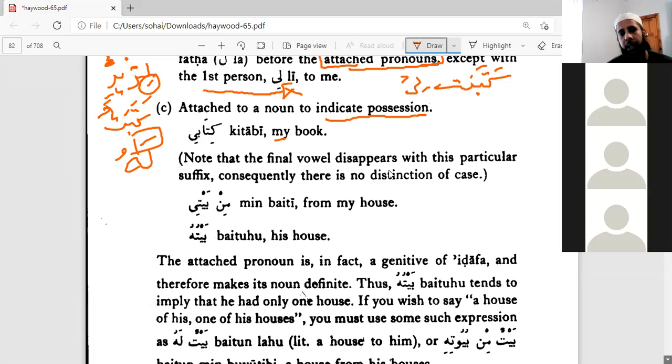Normally the ba would take dhamma, kitabu, because it is mudaf. But here it takes kasra because of the attached pronoun ya, because you can't say kitabu yi. That's not how you say it in Arabic. So it becomes kitabi. That's specific to ya. So we mentioned here